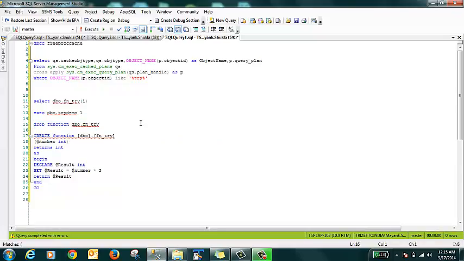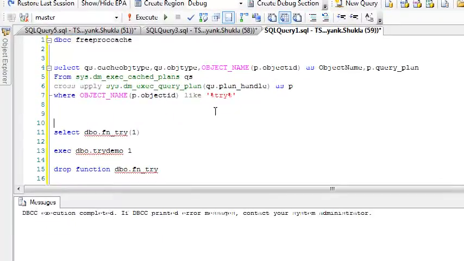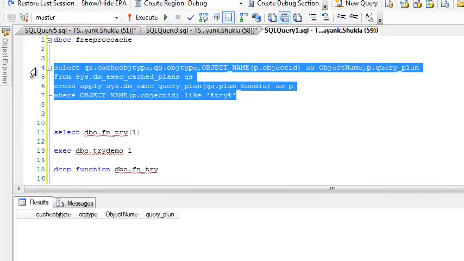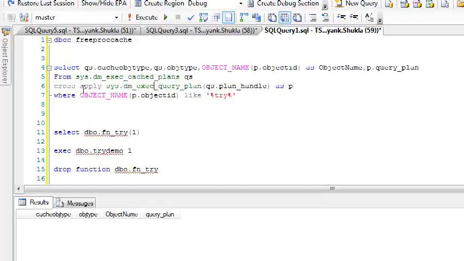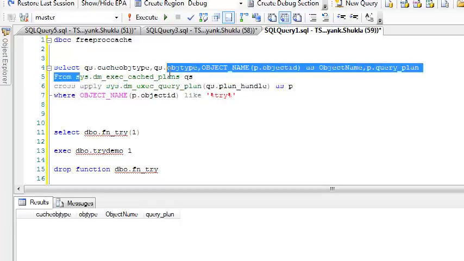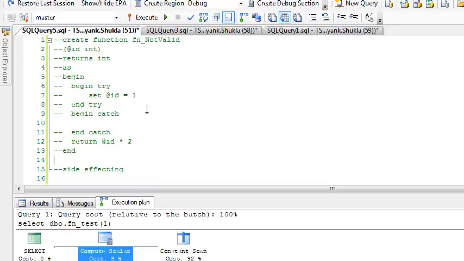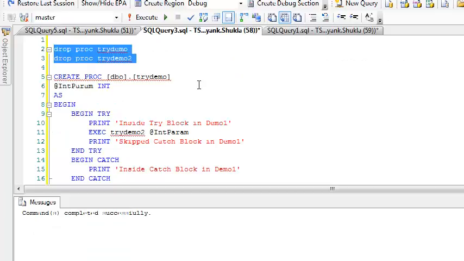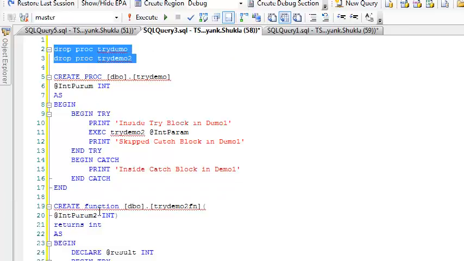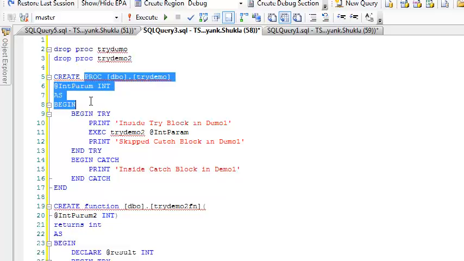So let me clear off cache memory first. It's done. I'll prove there is nothing in my proc cache, all empty. Oh yes, this is a statement that I had written. This is our DMV, a dynamic management view, and this is our DMF, a dynamic management function. I'm using a cross apply to get object ID, object names, and query plans, and all those stuff, right? So let us create a procedure to just show you what is the difference between a compiled thing and all those things.